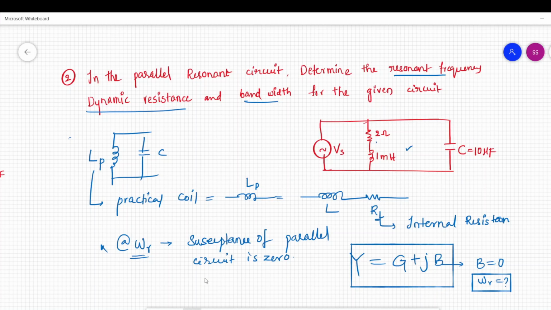If you have a circuit which is a series RLC, you are going to find the expression for impedance, and you are going to get resistance and net reactance. Then you are going to equate this imaginary part, that is the coefficient of the j operator, to 0 to find the omega R expression. In a parallel network, you are going to find the admittance and equate the j operator coefficient to 0, then you are going to get omega R.